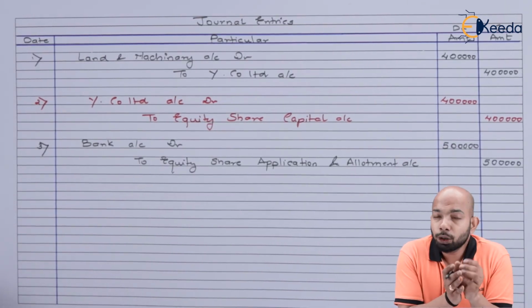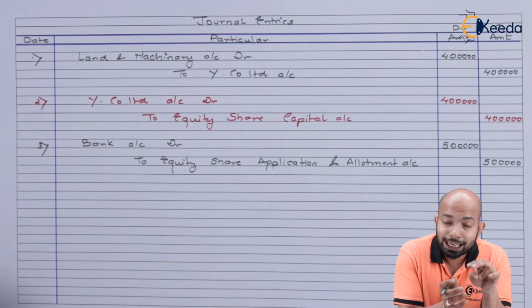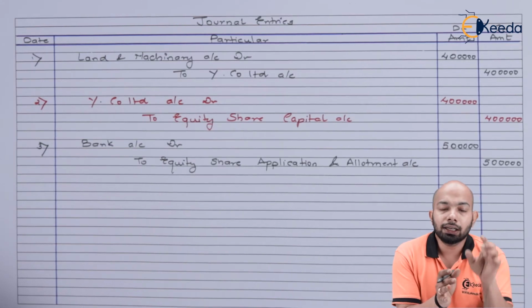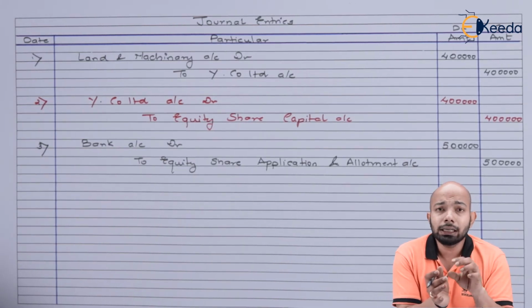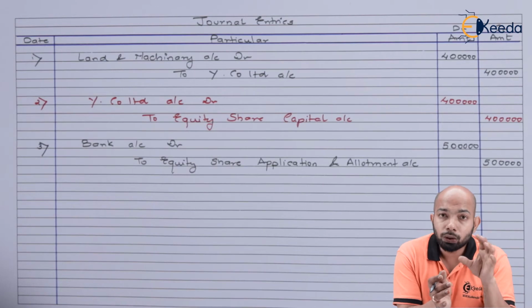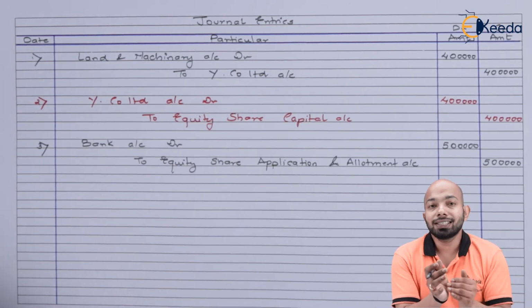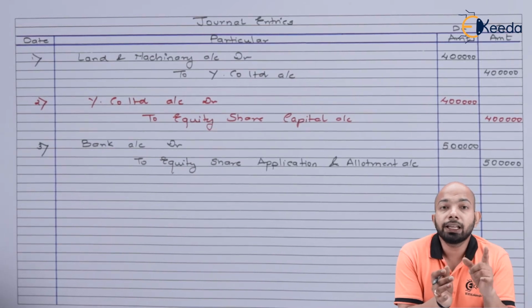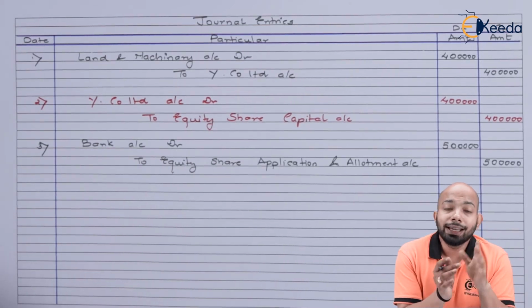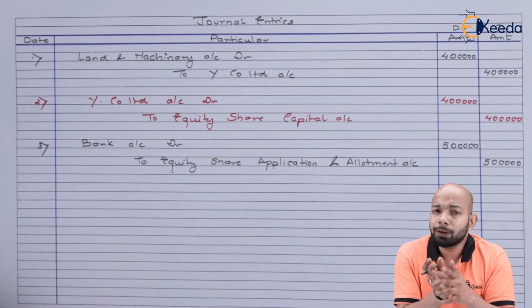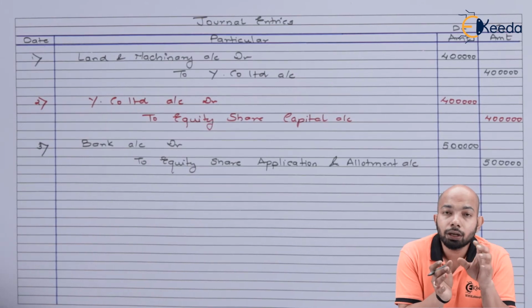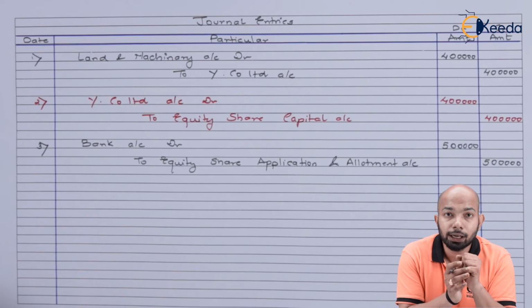So this is the receipt of application and allotment. Now this same entry has to be transferred to the equity share capital. Ideally you can pass an entry of bank to equity share capital, combining the entries together, or you can mention it separately, the way we are doing right now. That means, the way we used to mention the entry for application, that is bank to equity share application, and then equity share application to equity share capital, the same way you can do it here. Now we'll be mentioning the transfer of application and allotment money to capital. That will be the end of the journal entries here. So let's mark that entry now.